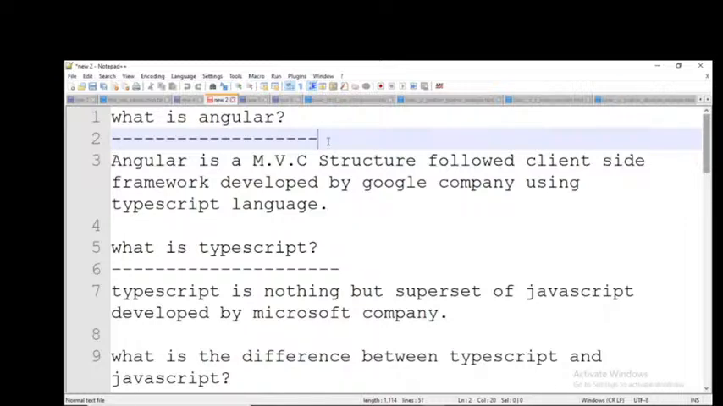Client-side framework. In the software industry, we have 2 types of technologies: client-side technologies and server-side technologies. So what is the difference between client-side technologies and server-side technologies? The major difference is that by using client-side technologies,